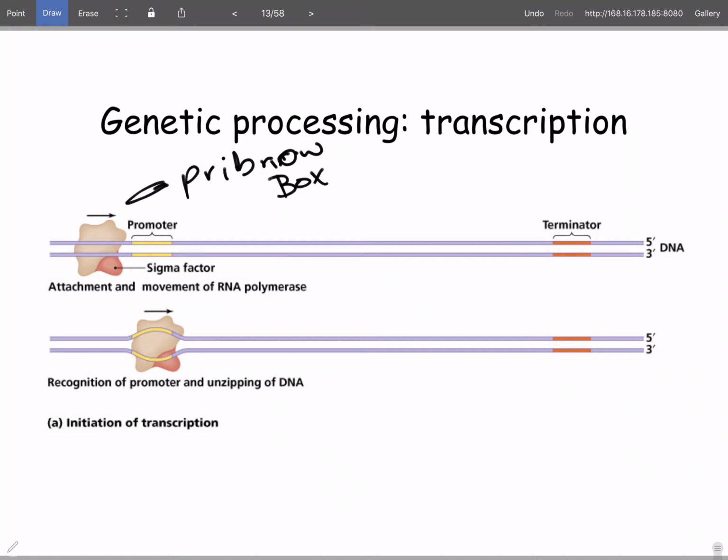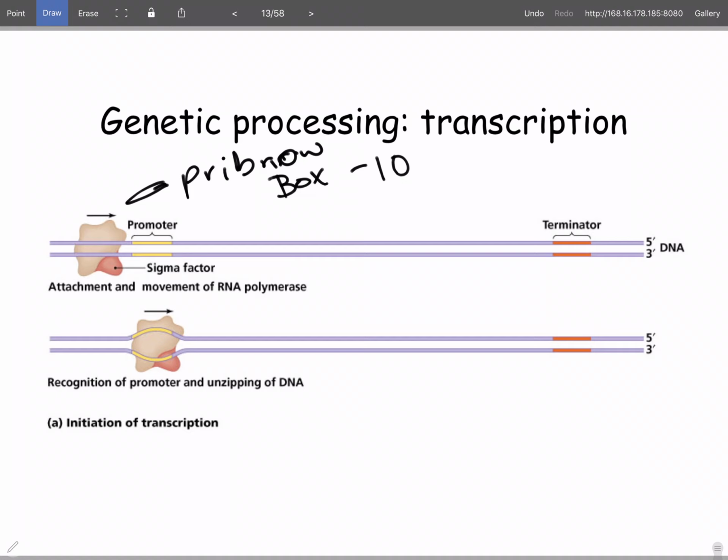In bacteria, it's also called the -10 region. Why would it be called the -10? It's actually 10 nucleotides upstream of the start of transcription. That's why it's called the -10. Okay, so there's usually a specific sequence there